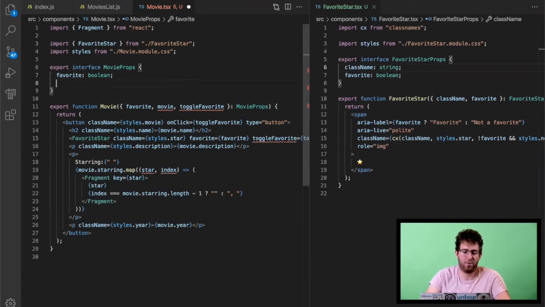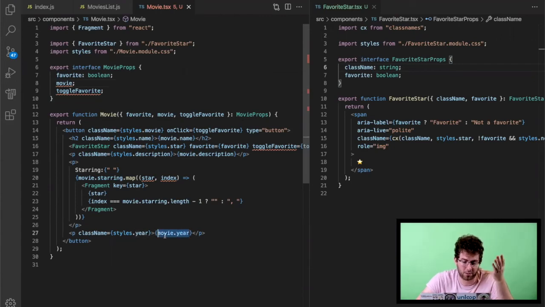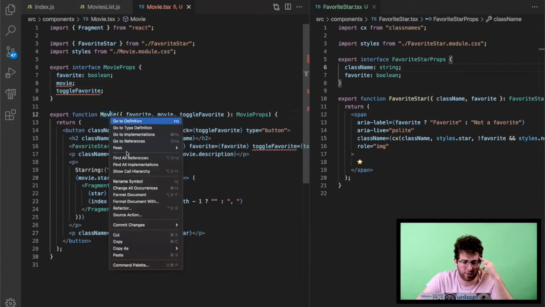Let's look at movie and toggle favorites. Well, movie is taken in as a prop. It has movie.name that's used, movie.description, movie.starring, which is an array of something. This is almost certainly movie data, the type that we made for our data. But just to be sure, now that we're done looking down, movie.year, we can also look up who uses movie,